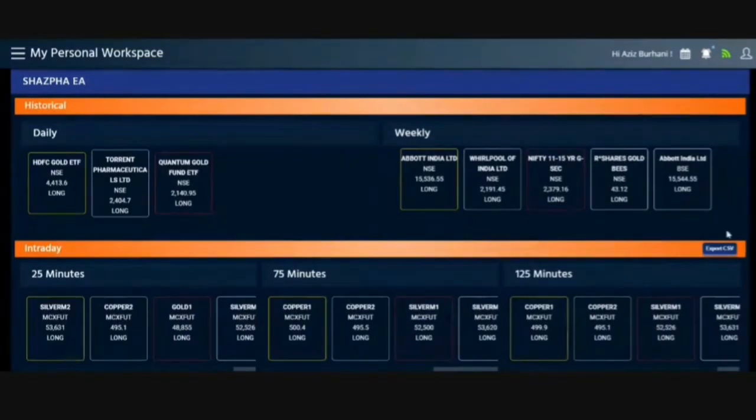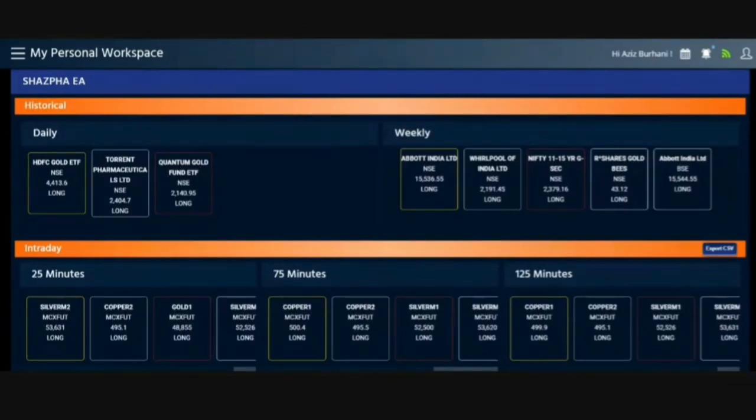You can even export it through a CSV. And like the symbol lookup, the SHASPA EA also is dynamic, and it changes every day. So whenever the scanning happens and the algorithms are run on the data we get from the market, and there is a change in the star rating of a stock, which is good. Now there are some stocks here which are in 25 minutes, 75 minutes,